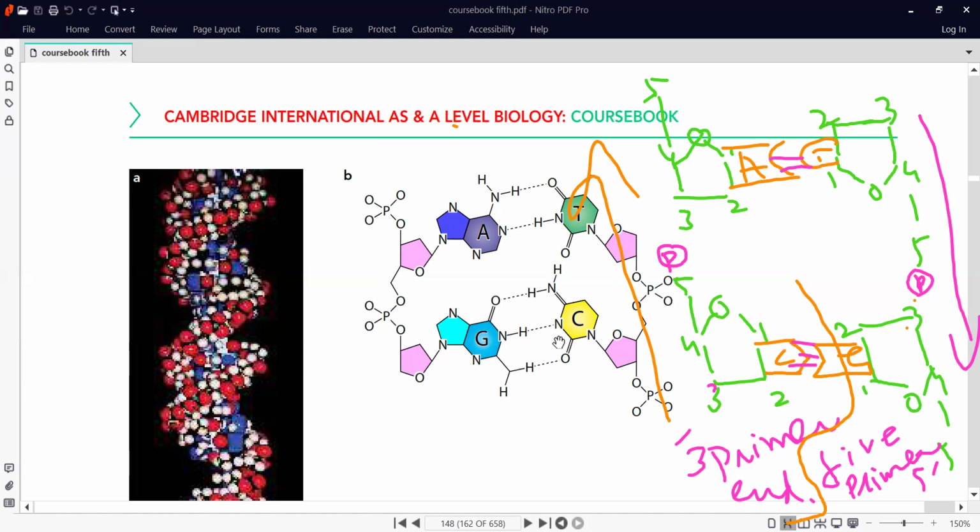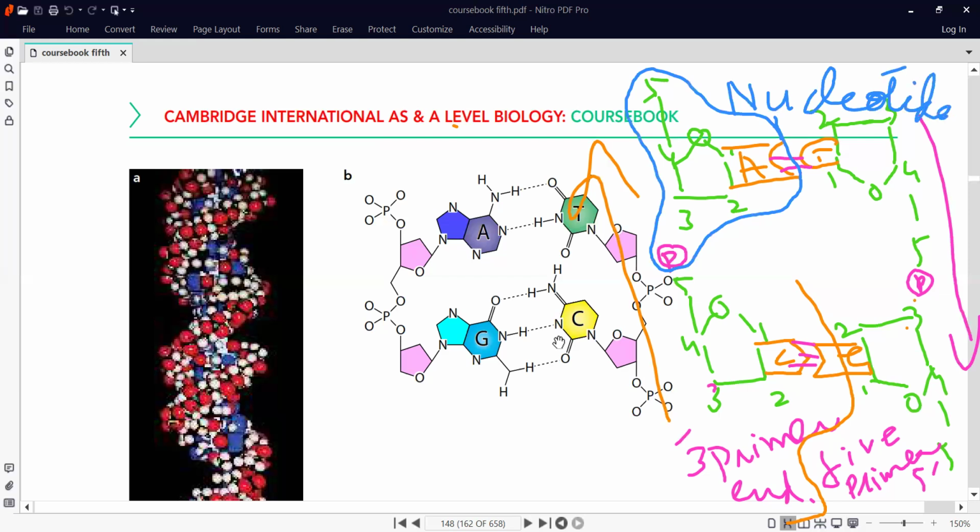Look at what nucleotide means here. 1 nitrogen base, 1 phosphate group, 1 pentose sugar. It's a nucleotide. It's a nucleotide. So in this chain, they have many nucleotides. On the other side, they have many nucleotides. That's why we say that DNA is made up of 2 polynucleotides, 2 chains of polynucleotide. Going further,